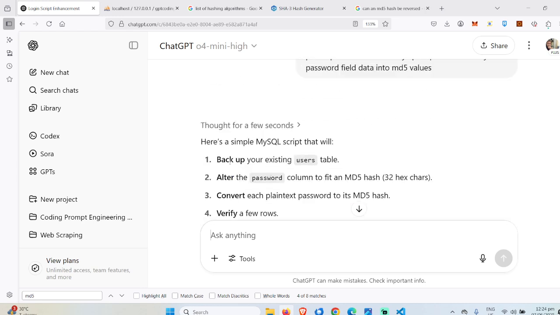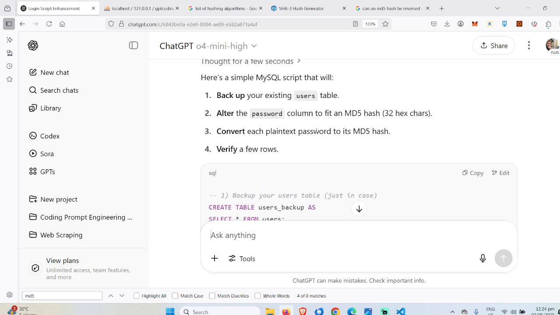Okay, it says if you're live, if you're on production, this is what you should do. Back up your existing users table first. Alter the password column to fit an MD5 hash. Convert each plain text password to its MD5 equivalent and verify a few rows.